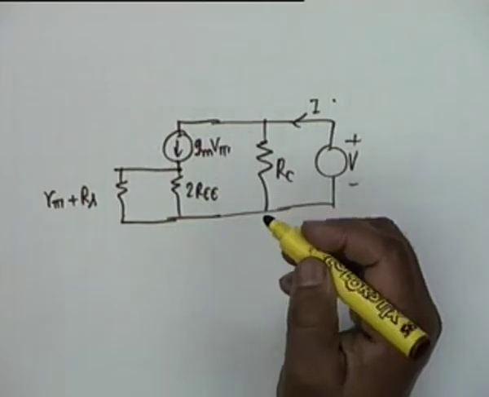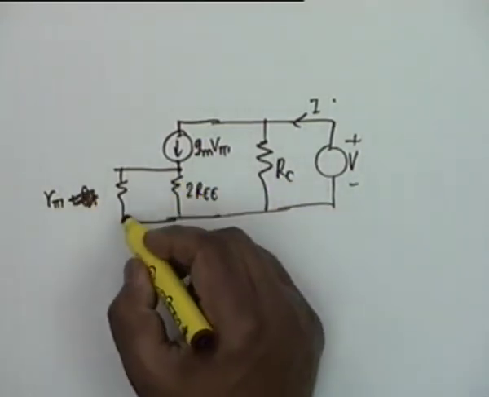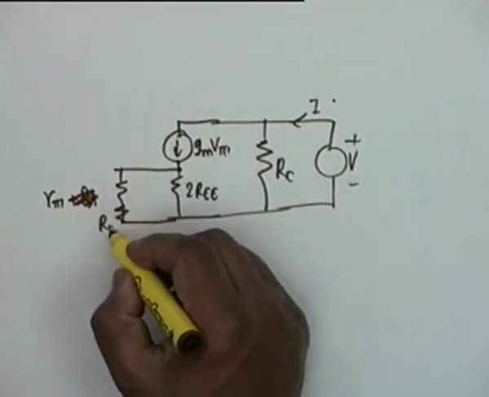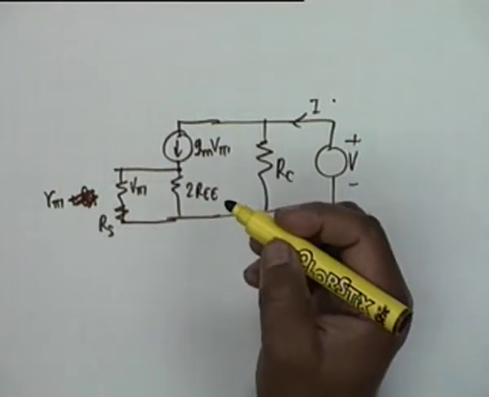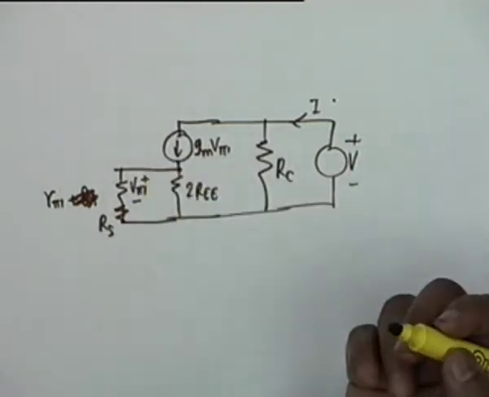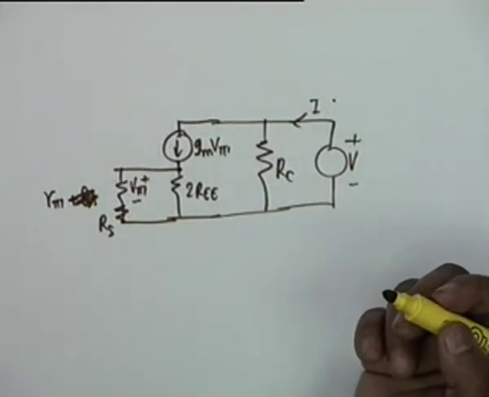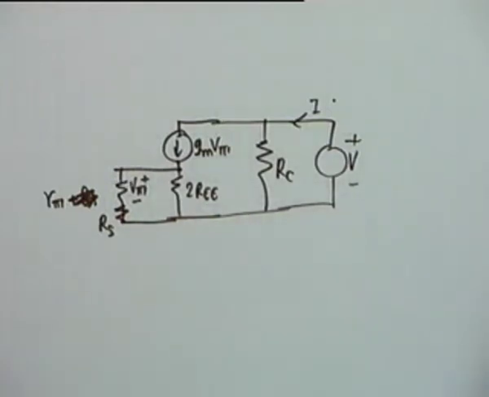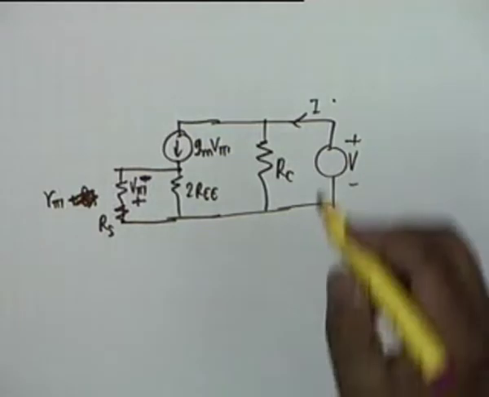Oh, I made a mistake. It is R pi 1 plus RS. I must show V pi 1. V pi 1 would be minus here and plus here. So the opposite. Minus plus. Yes, that is correct. Now the question is,